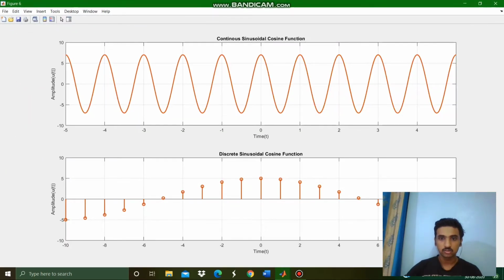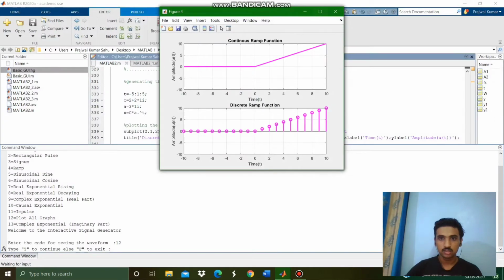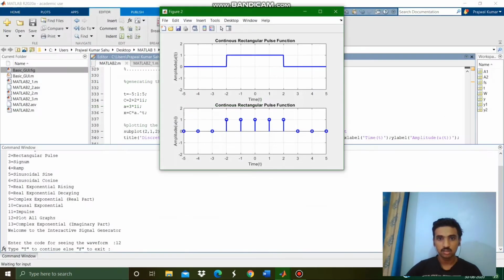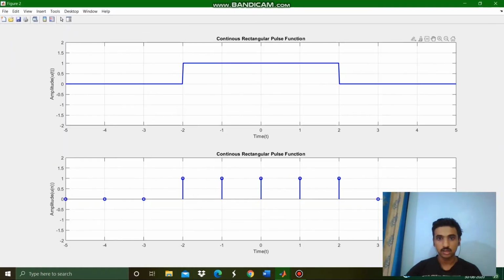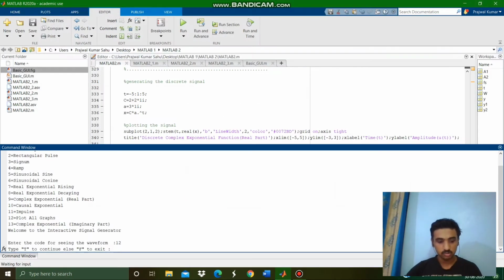This is sinusoidal cosine function. This is the sinusoidal sine function. This is the continuous ramp function. This is the continuous signum function, and this is the continuous rectangular pulse. Discretes are plotted just below them, and this is the unit step function. Coming to the second question,